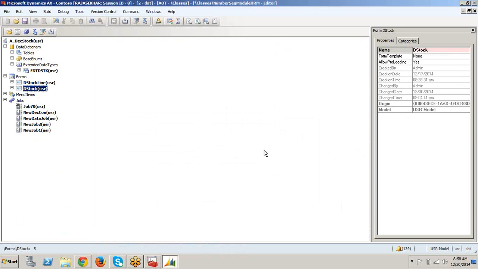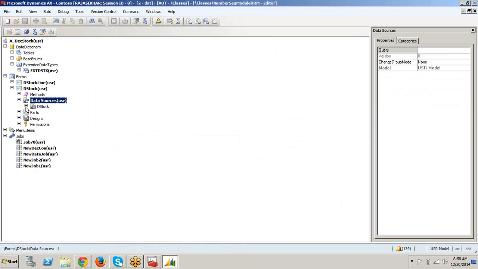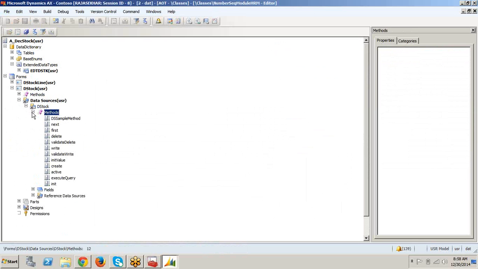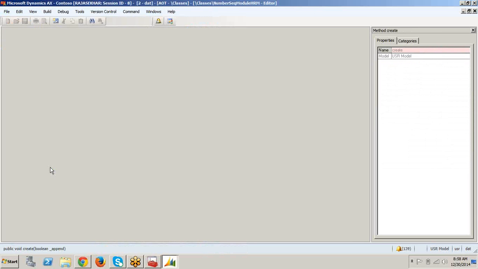Create. What is the first one? It's a create method, that is the data source level create method. In this, go to this methods. In the create method, in this create method,